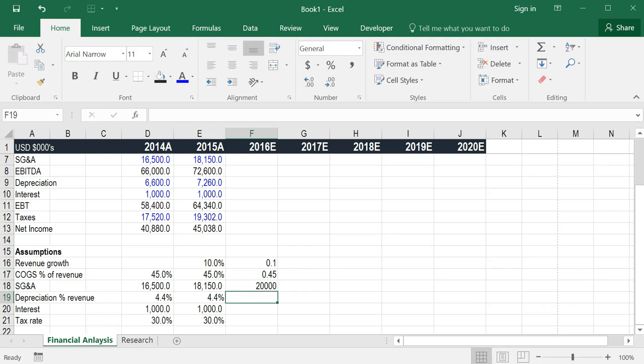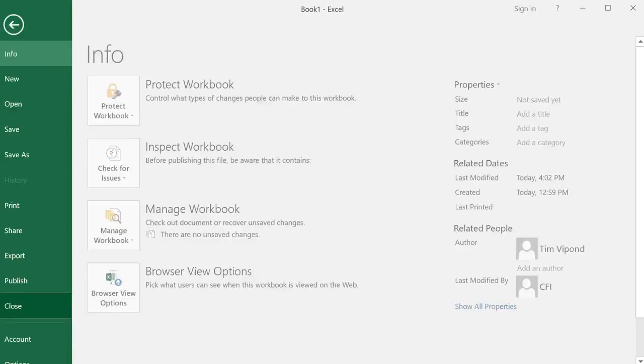Depreciation, I will round up to 5%. Interest, I'll keep constant at 1 million. And taxes, I'll keep constant at 30%. So what I'm going to do now is format this number using Alt-H-P for percentage and Alt-H0 to add a decimal place. And then press Alt-F-C,